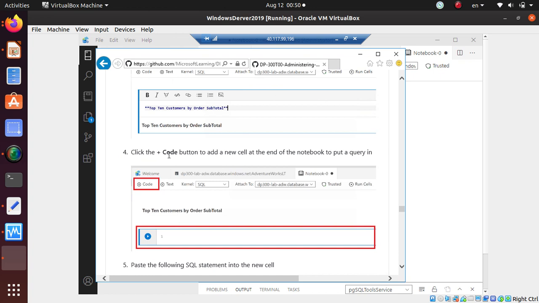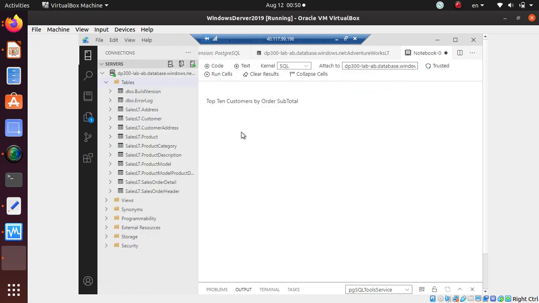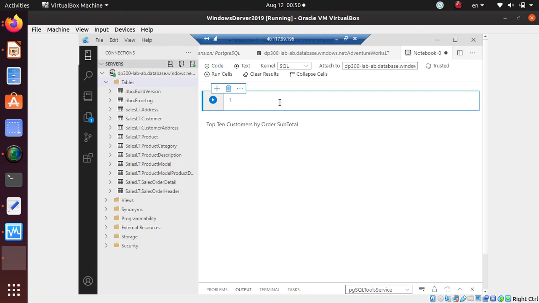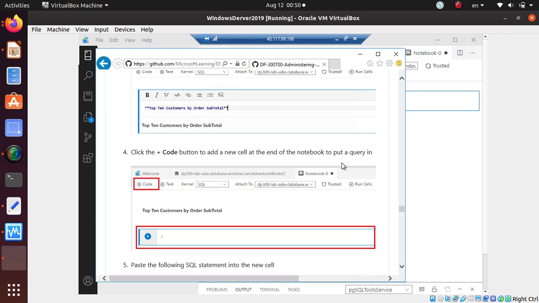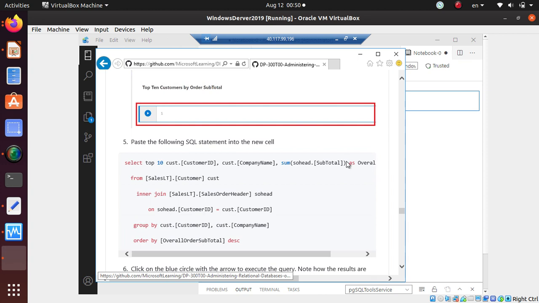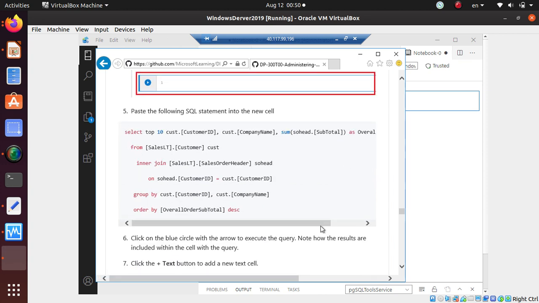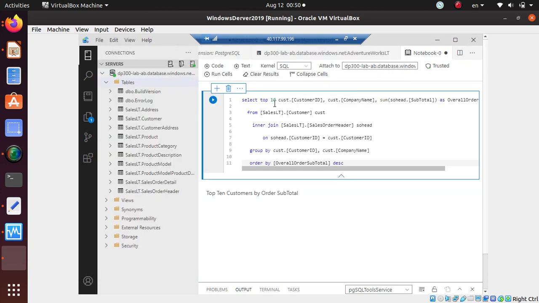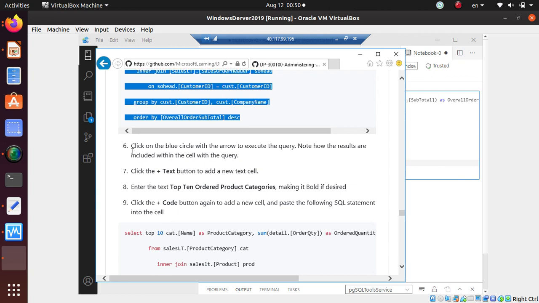Then click on the plus code button to add a new code. Where is my plus code? So that is the plus code. So to add a new code button, and in that code we are going to add this particular code in there. So let's copy this, paste it in here,